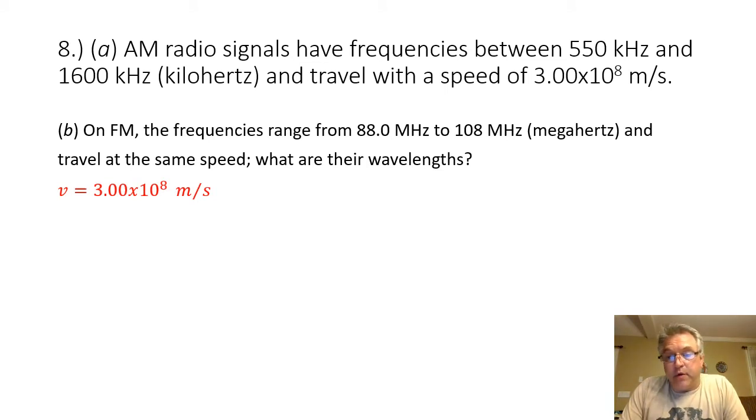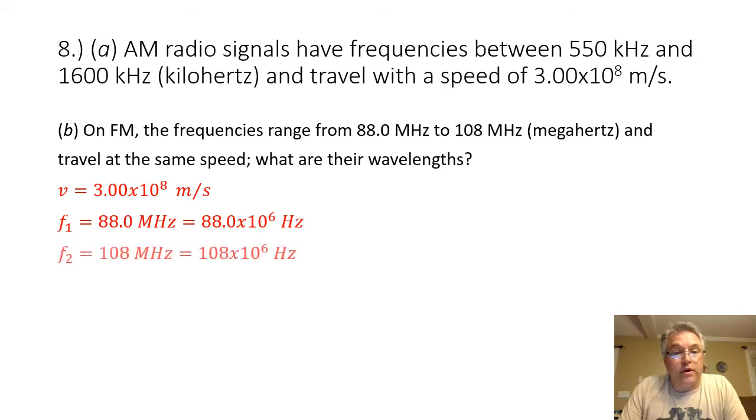And now my range of frequencies for the FM band are 88 megahertz, which I convert to hertz. So that will be 88.0 times 10 to the 6th hertz. And the upper range of the FM band is 108 megahertz, which would be 108 times 10 to the 6th